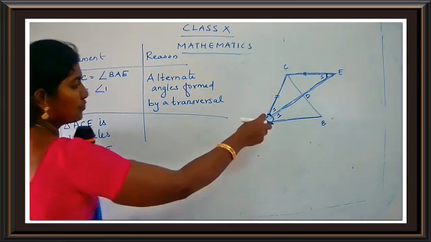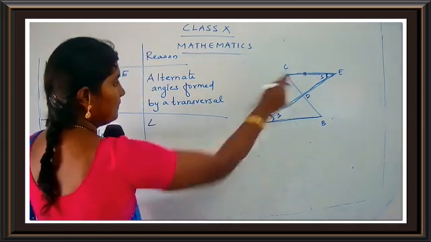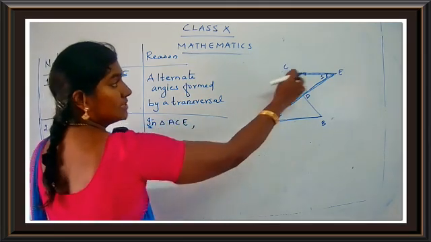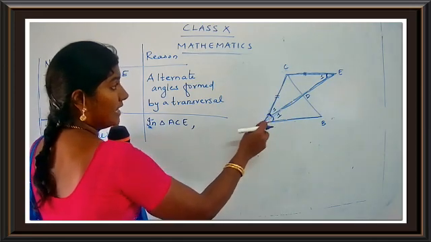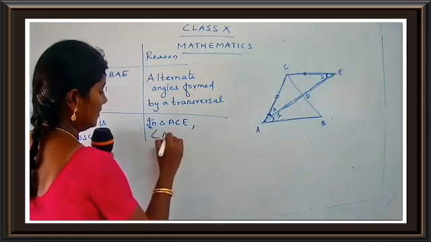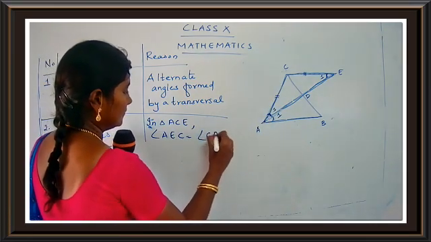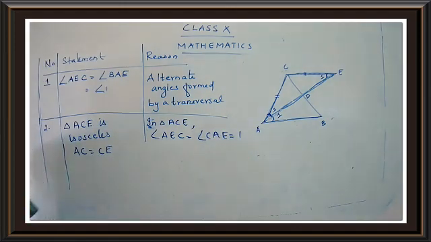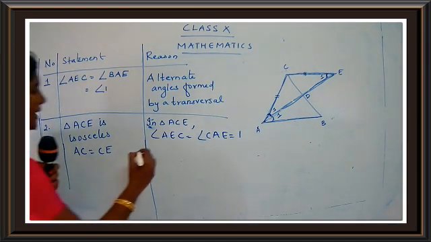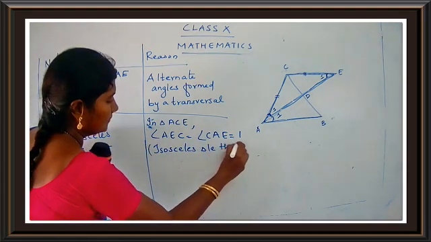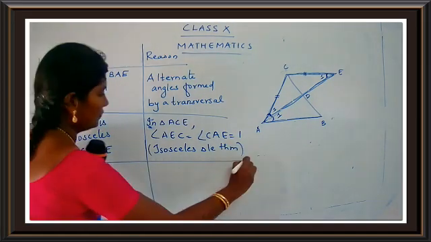Just write down the explanation: which two angles were same? So in triangle ACE, we have taken this triangle ACE, and which two angles were same, children? Angle AEC is equal to angle CAE. And this was angle 1 alone. Yes, it was same. It was 1 only. You just put in a bracket isosceles triangle theorem. So number 2.